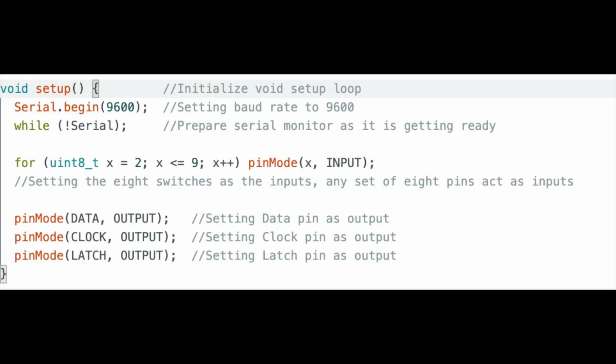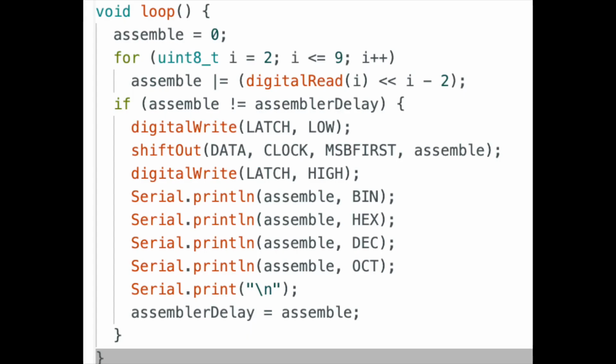Here is the code for the project. In the setup, pins 2 to 9, the state of each switch on the switch bank, are set as the input, as well as data, latch, and clock, using the pinMode function. In the void loop, the variable assemble, which represents the binary state of the switch bank on the serial monitor,